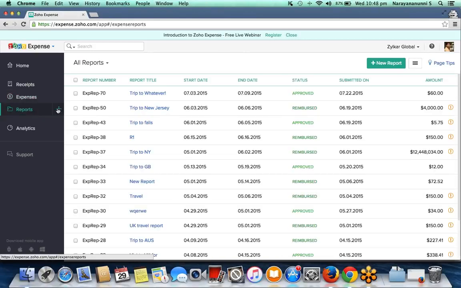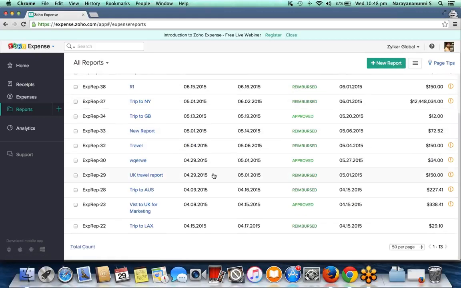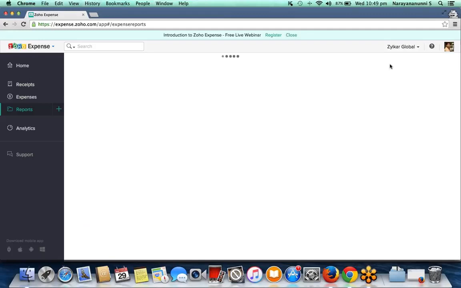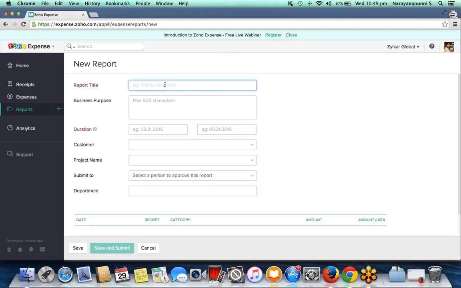You can create a new report by clicking on this plus button or this plus new report button. So all the reports which you have created until date, by this user, will be shown in this page here. You'll see the status of it, the date, the start date, etc. And all the details are shown here. You can just click on this plus new report button, give it a name,